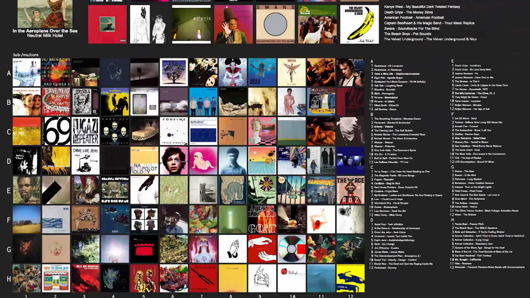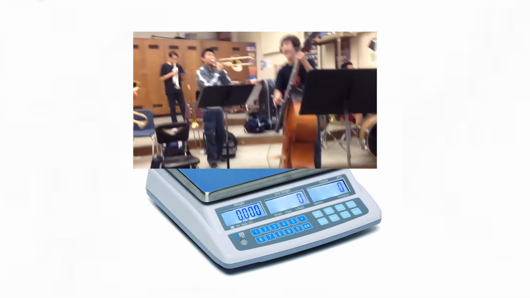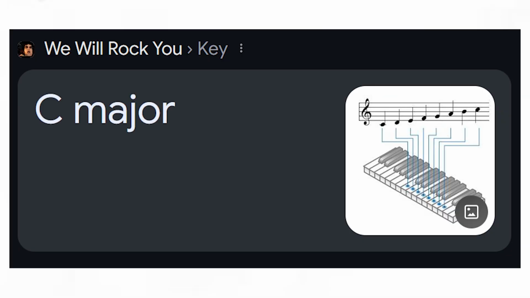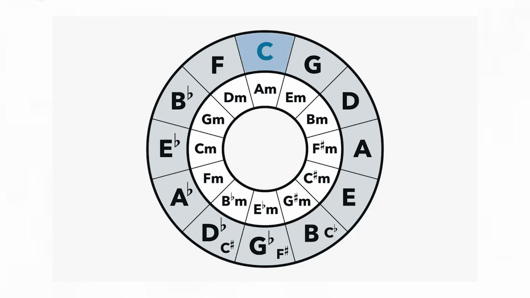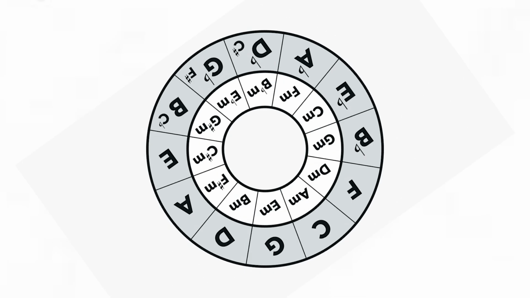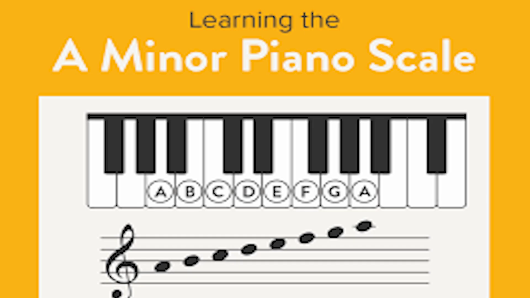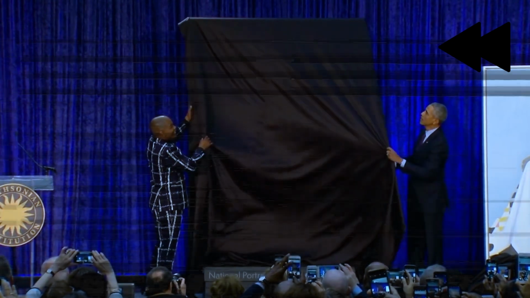Jumping, growing, dancing, everybody. Okay, every song in this universe has a key, right? The key is just a scale that the song uses to create these noises. We Will Rock You is in the key of C major, but there's a problem. Here's the C major scale and A minor scale. Look at this. They have the same notes, but they just start from different tonics. Yeah, every major scale has a relative minor scale and vice versa. So, the relative minor of C major is A minor. The relative major scale of A minor is C major.